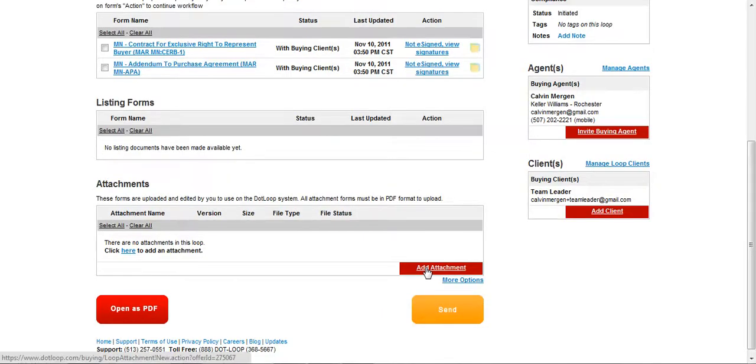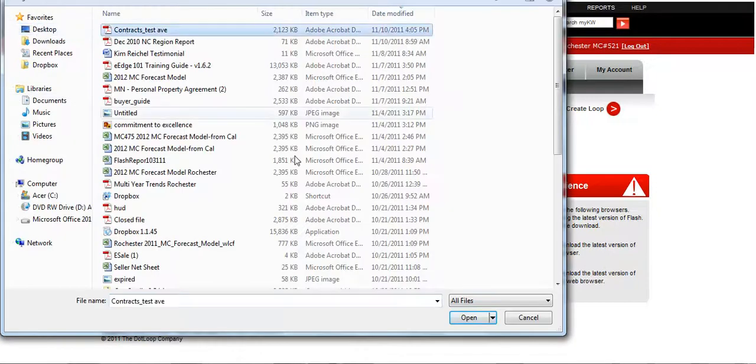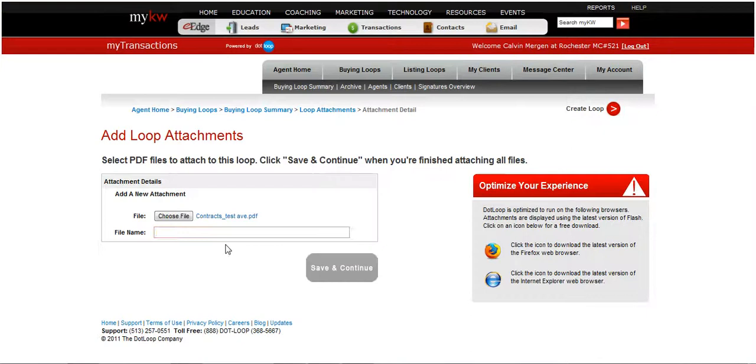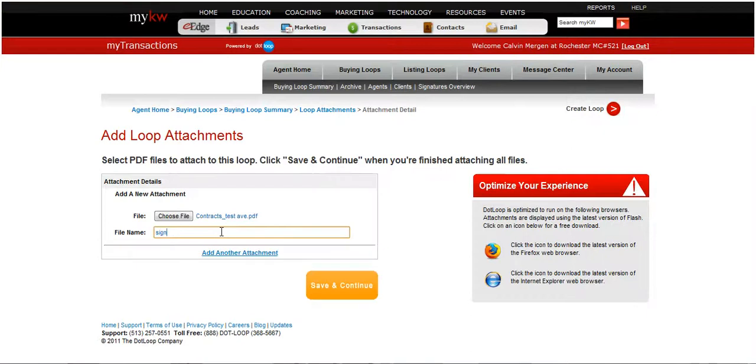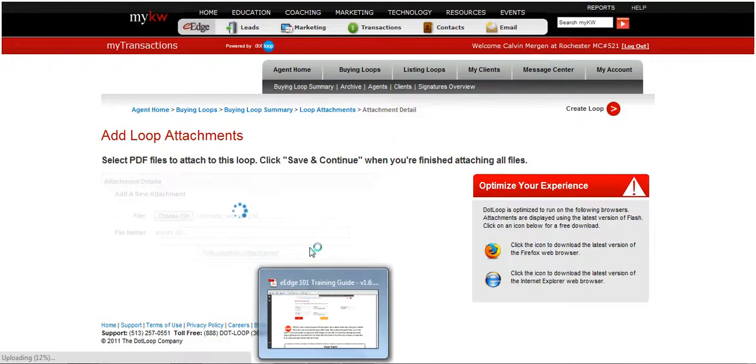Then all I do is I click here, add the attachment, and I choose where I saved that file. I saved it to my desktop, and it was contract test file, and I call this signed file. I'm just going to give it a name. I can add another attachment if I wanted to, but I'm going to hit save and complete. And then what it's going to do, this is a cool feature,